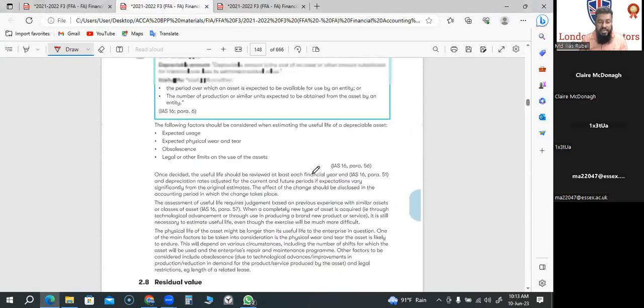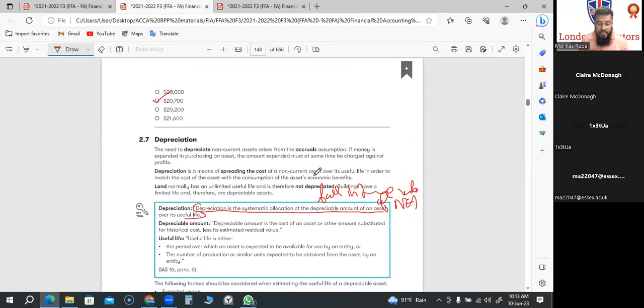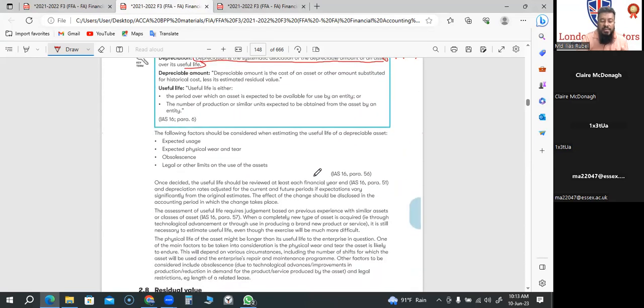Why do we do depreciation? The decrease in the value of a non-current asset over the period. Yes, that's correct. Wow, there are more answers, like usage, physical wear and tear. It becomes older, isn't it? Obsolescence, out of fashion. Obsolescence means out of fashion. Think about so many things that are out of fashion these days, like the walkie-talkie. We used to see people on the London Underground with headphones on, and walkie-talkies, or CD cassettes. Those disappeared, obsolete.